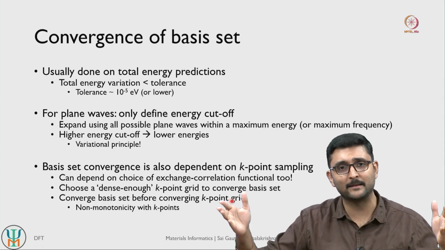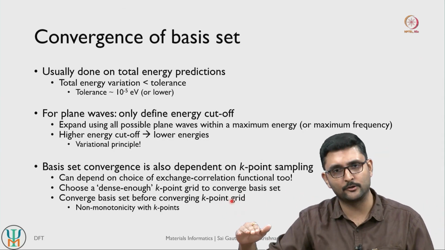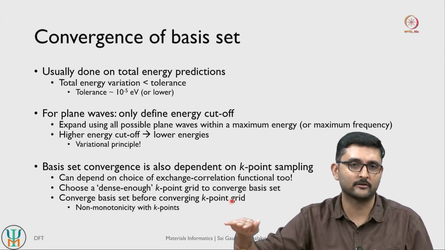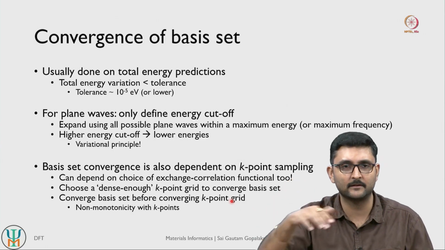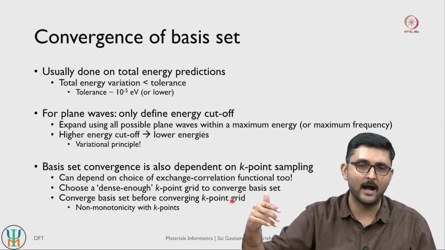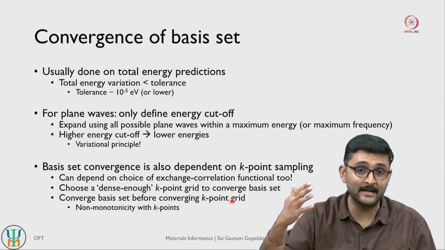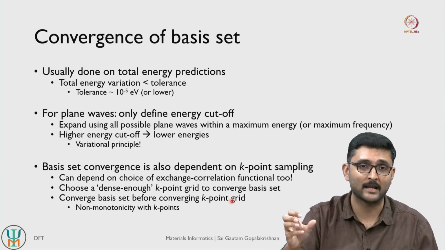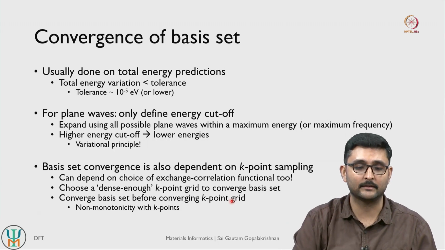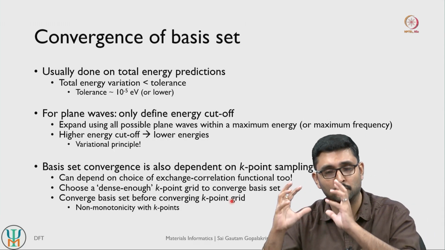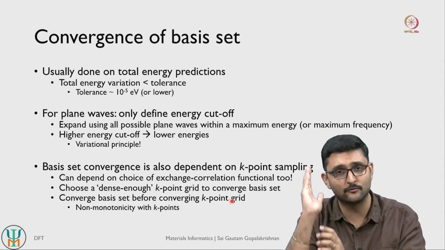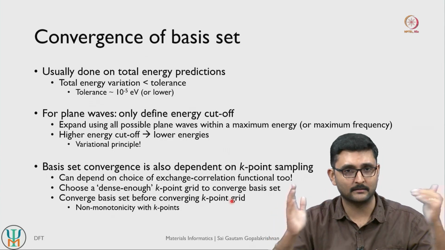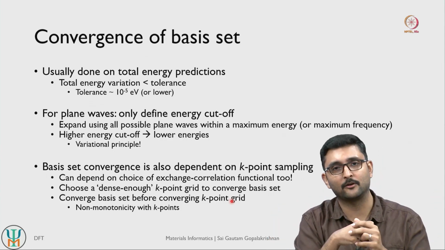The larger your basis set is, the lower your energy is going to be. So you are going to have a smooth decay of energy differences as a function of basis set size, and hence you will identify at what basis set size you reach your tolerance much more accurately, if you use a dense enough k-point mesh. So the idea is to first converge on the basis set size and then use the converged basis set size to converge your k-point grid, or how densely you are sampling your reciprocal space.